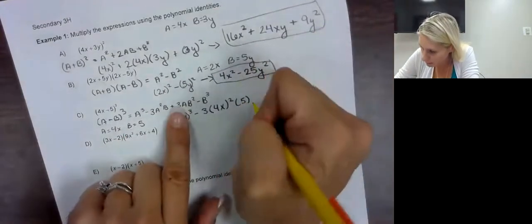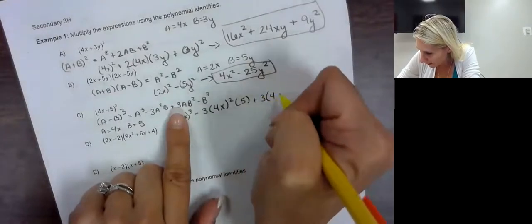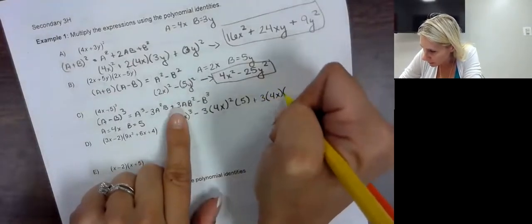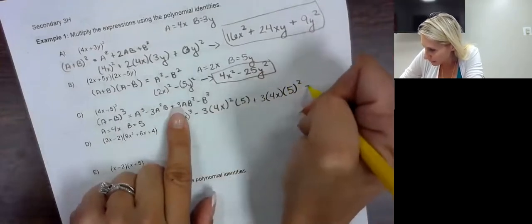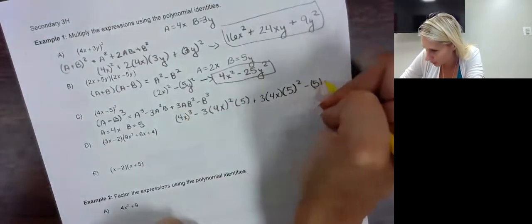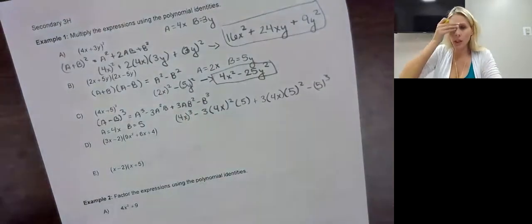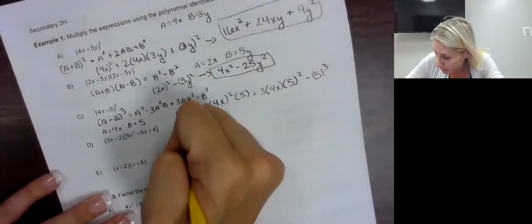Okay, now we're at this plus 3 times a, which is 4x, times b squared, which is 5 squared, minus b cubed, so 5 cubed. I'm running out of room, aren't I? Okay, so 4 cubed, that was 64x cubed,